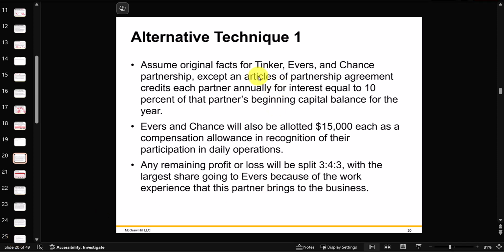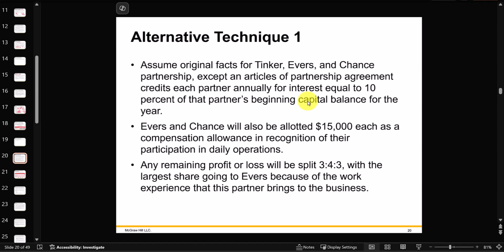Again, same partners, three partners, and what we're going to do is credit them out of that net income for the year a 10% interest on their capital account balance at the beginning of the year. Keep in mind that this capital account balance is each partner's investment in the partnership. Just like when you put money into a bank account, you want to earn interest. Well, here they're putting their capital into the partnership and they want some type of return on that investment. So what we're doing is giving them a 10% credit on that capital investment as of the beginning of the